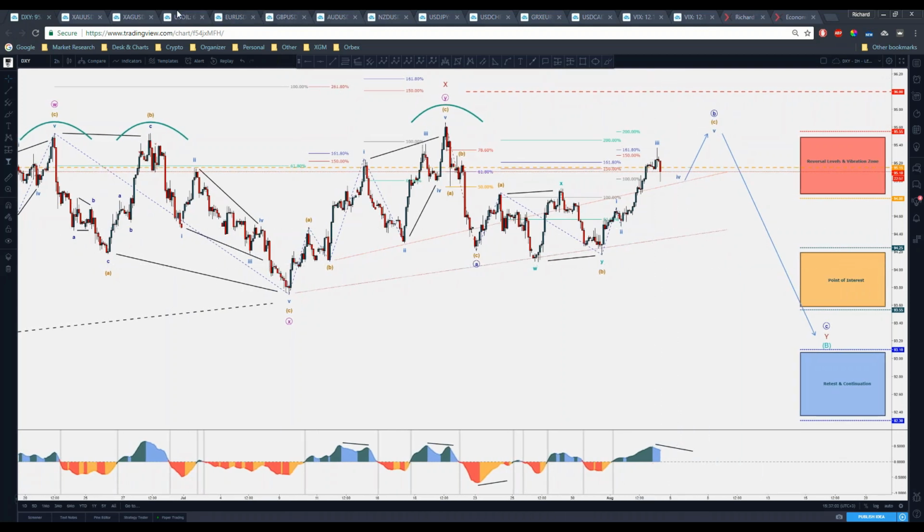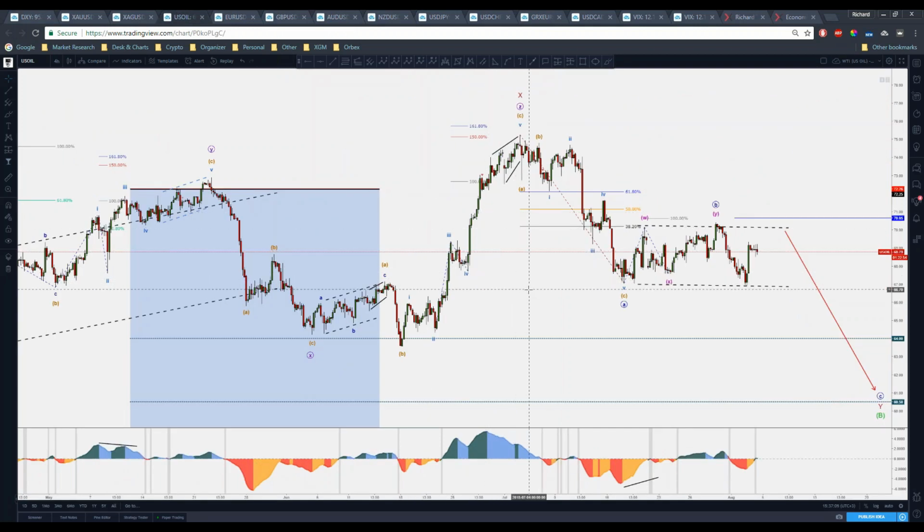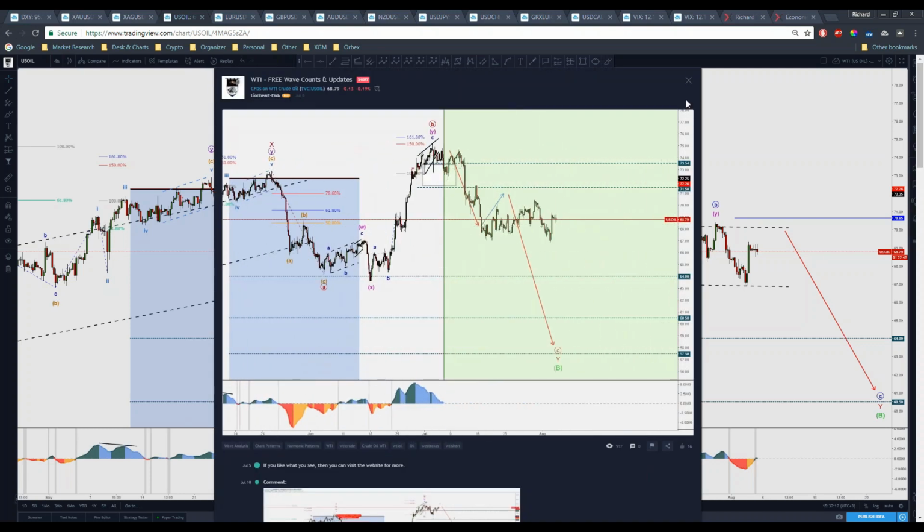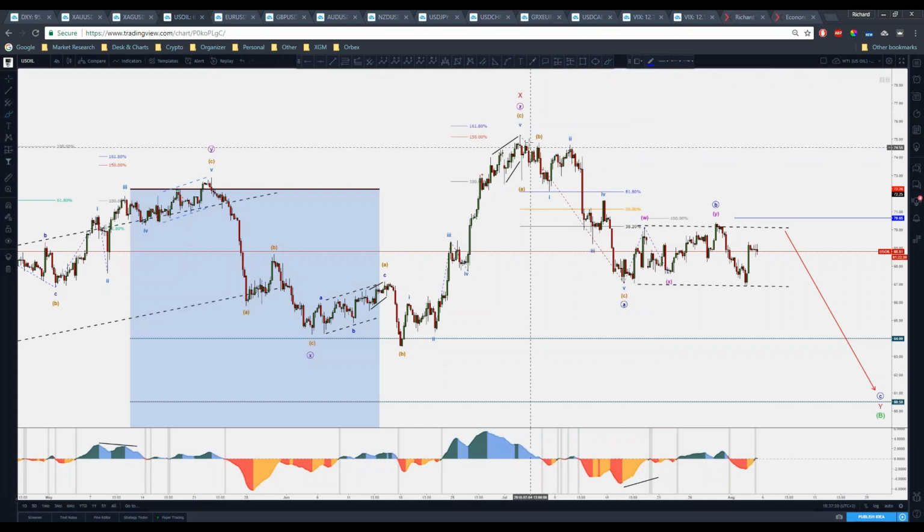Now, moving along on crude oil, the way I'm labeling this drop, and of course this was actually posted, all of them were actually posted, the way I'm labeling this is as an A corrective piece, and B, and possibly further weakness for crude oil. We'll see. The only invalidation would be basically above this high point, which is above the 70.40 levels. Unless that happens, I will actually stick with this bearish scenario until then.